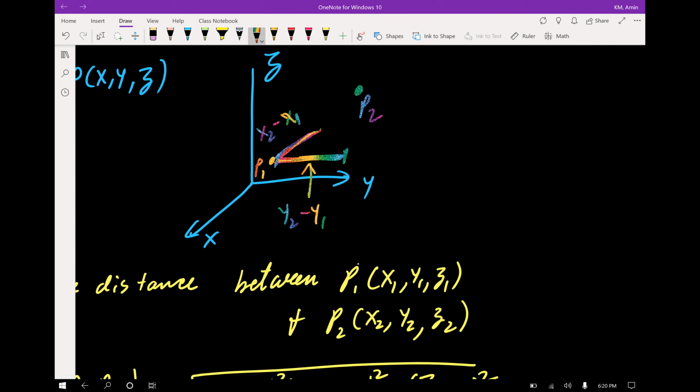Do you guys see that? It's kind of hard to do a 3D graph on a 2D graph. It's coming towards you. That's your X distance. And the last one is this height, right? Which is Z2 minus Z1. Now, once you get this,